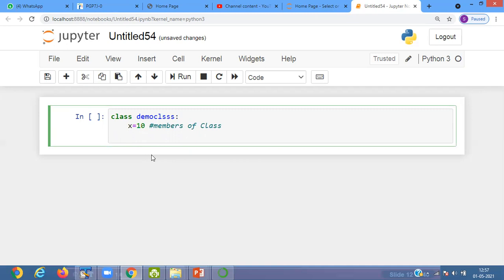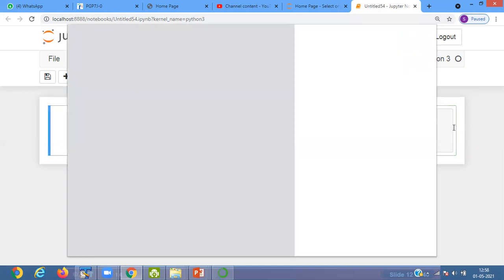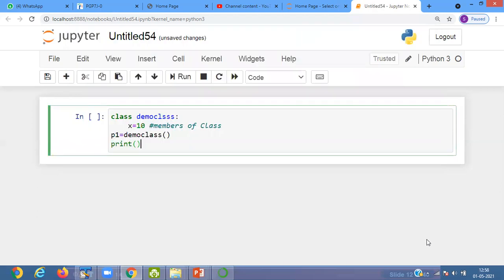Then how do you call the class? For calling a class, you need to create an object of the class. Like p1 equals DemoClass, then p1.x.